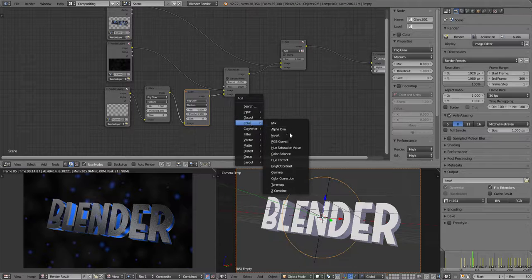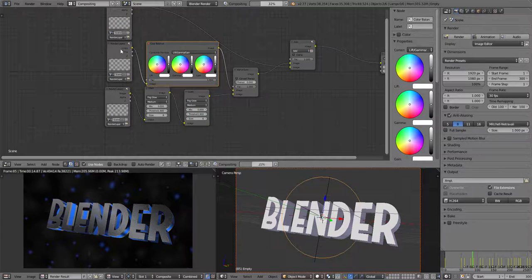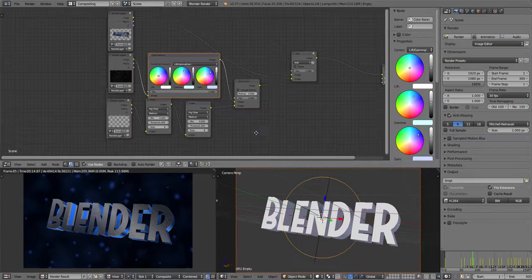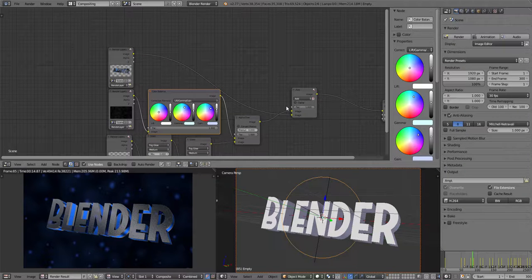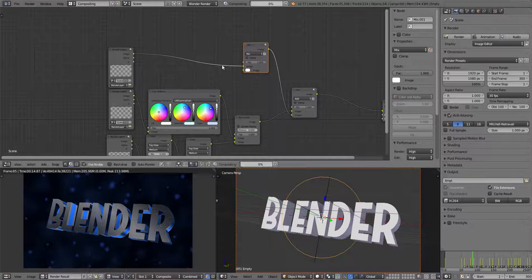Add a color, then color balance, and add it into the middle scene. I'm gonna change these two, this one to a dark blue, this one to a lighter blue. And now once it updates, the fog should be like a tint of blue. That's what we want. And now I'm actually going to add a color mix node, drag it up here,